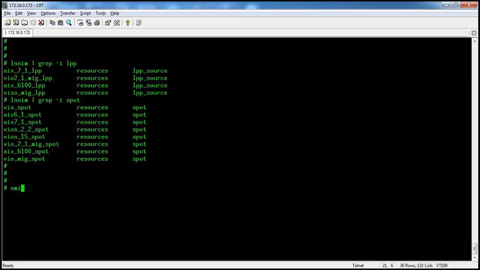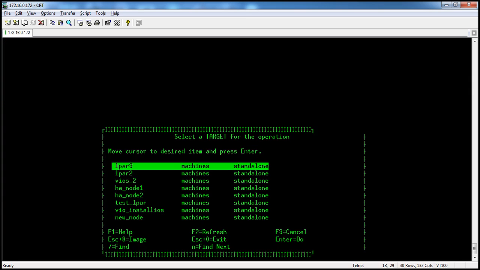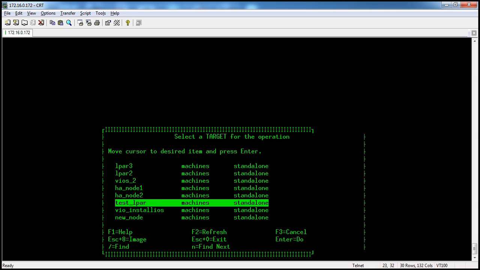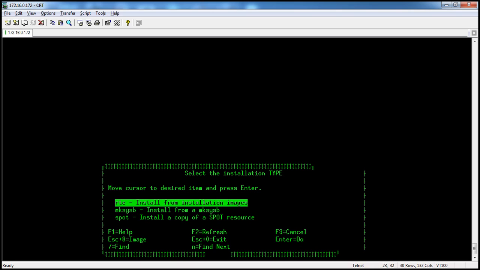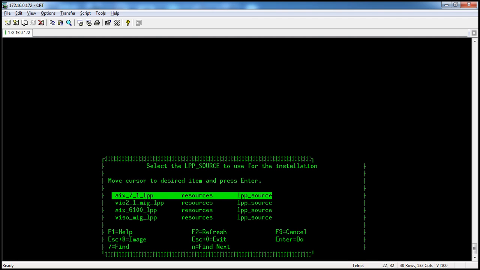We need to run the command smitty nim_bosinst. First select the NIM client, and we are going to use the RTE installation. If you are going to use the mksysb image to install this server, you need to select mksysb. Select RTE, and we need to select the LPP source.